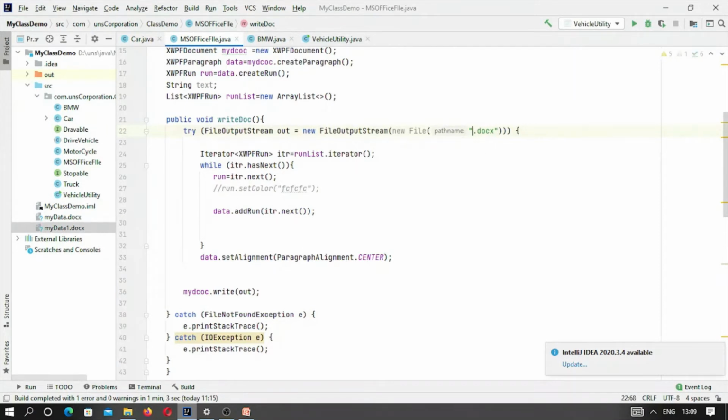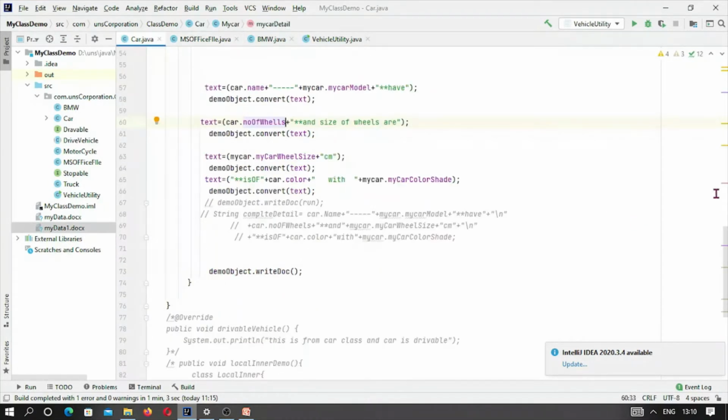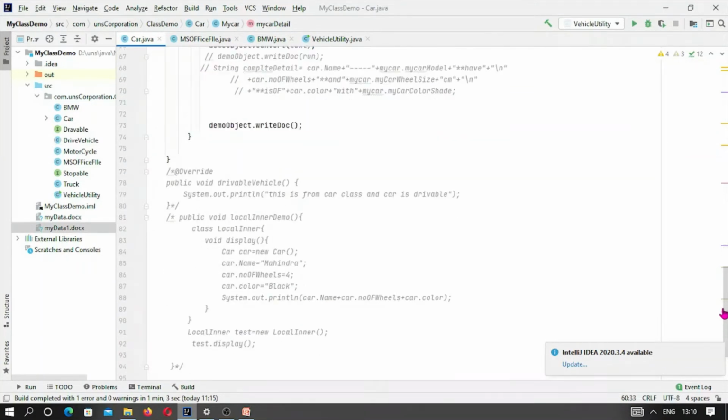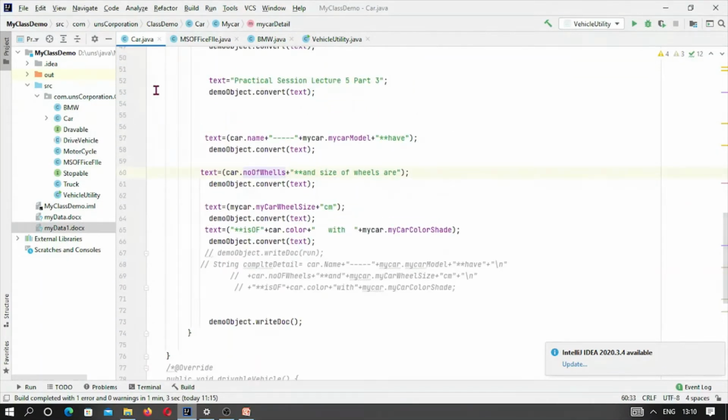So this will be result dot docs. This is the name of the file where we will see the result, and so all the things inside this one happened. Now we have to just call all the things.